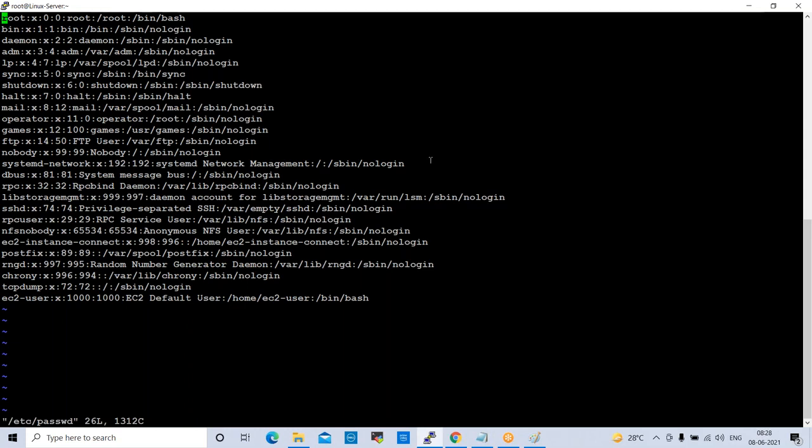What we discussed here: we can move the cursor, but we can't edit the content. See here, we can move this cursor from top to bottom, bottom to top, right to left, left to right. We can move anywhere, but we can't edit any content.